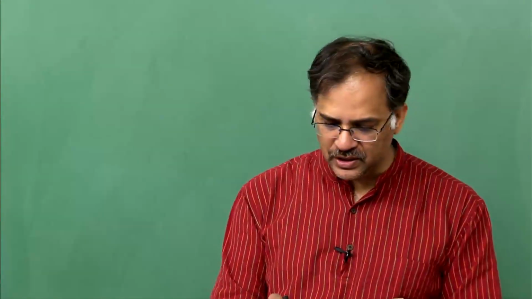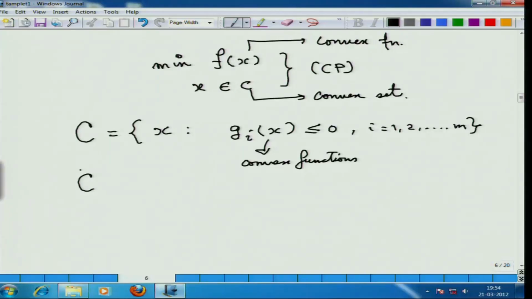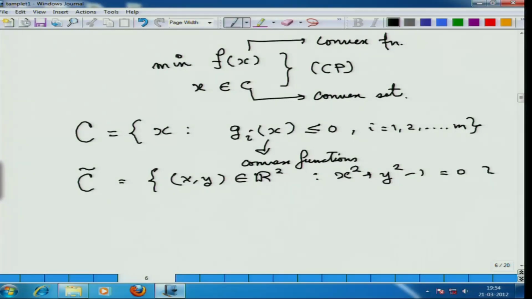Okay, let me talk about a set C. I talk about this set C in R2, so that you can visualize it: the set of (x, y) in R2 such that x squared plus y squared minus 1 is equal to 0. If you look at this, this is a convex function, and if you try to sketch this set, it is nothing but only the circle, nothing inside, only the circular